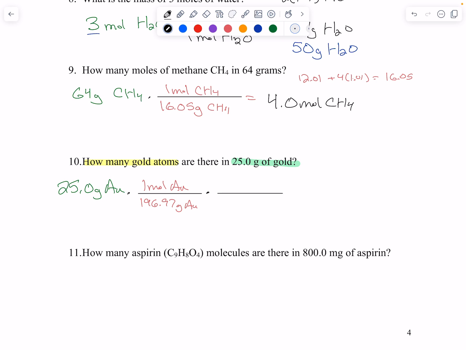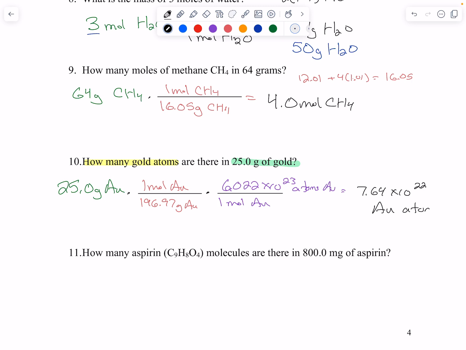And then we know 1 mole of gold is Avogadro's number, 6.022 times 10 to the 23rd atoms. If we do that, I have 3 sig figs, so I think I get 7.64 times 10 to the 22nd